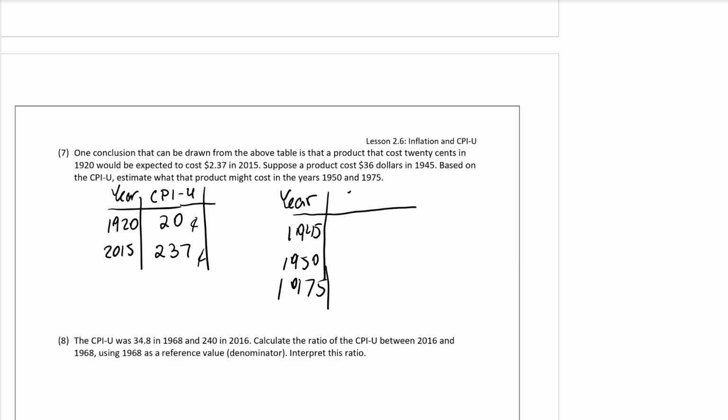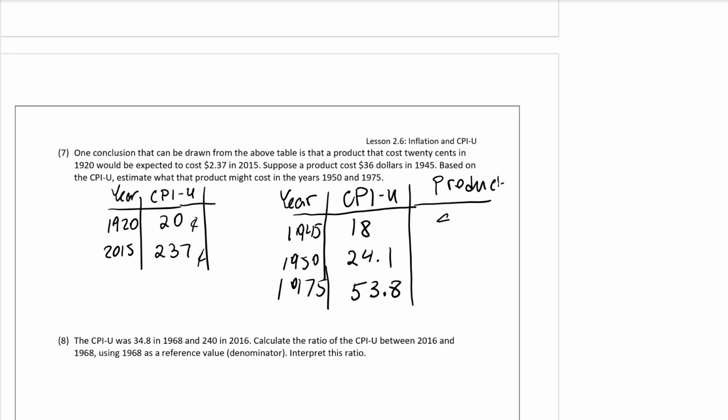Okay, let's write down the CPI-U for each one of those. I'm going to write it for you from the table. So 1945 is 18, 1950 is 24.1, and 1975 is 53.8. Again, you can think of these as dollar values of something, you know, an average cost of something. And it has been climbing, as you could see. And now we're going to look at the product. It doesn't say which kind, but we're going to just pick a product that cost $36 in the year